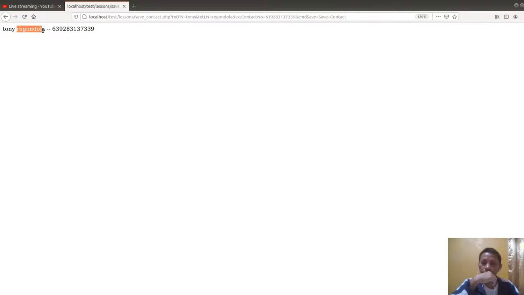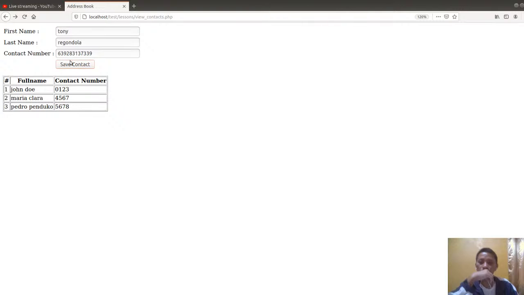Okay, and then we have the space. We specify the single space there, and then the last name or the $ln, and then the 2 dashes or 2 hyphens, and then the contact number. So meaning to say, the point is we can already save these values. We get it right from our previous page from here. So this is the time that we can already save these values into our database